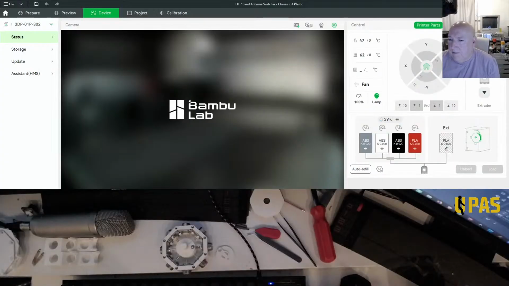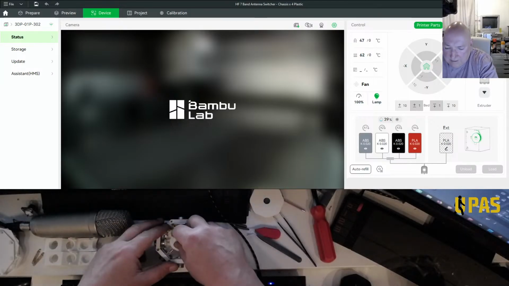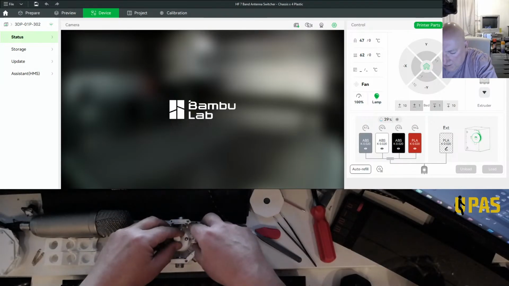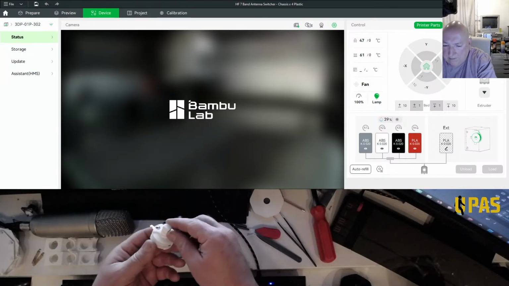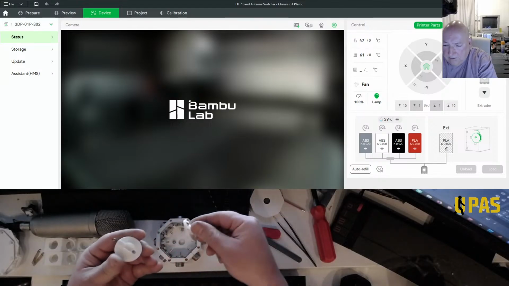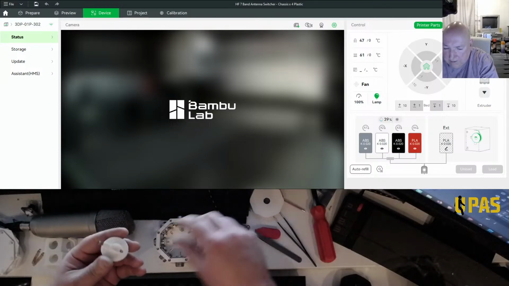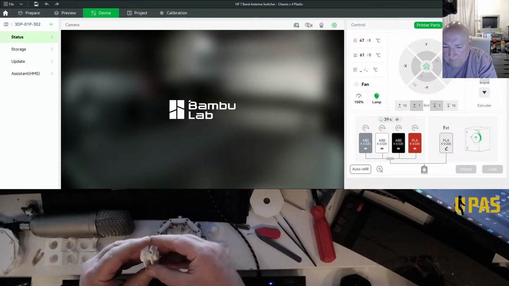Right, so there it is. So I'll put it on the other camera now and we'll have a look at it. Ta-da! It's not very well zoomed in, so we need to take this out. Right, so the ball bearings have fell out, so I need to disassemble the top. It's the same. Oh, the ball bearings are falling out. That needs to come off now. So I just pull that off there.